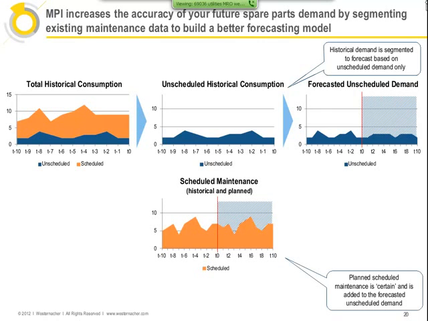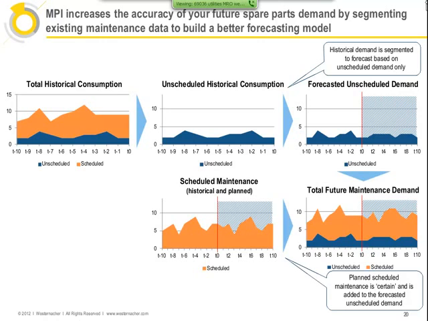We're also taking a look at what's inside the ERP system as far as the scheduled maintenance, bringing that out as a forecast, or as a projected demand. And when these two are brought together into the ERP system, we have both our unscheduled versus our scheduled demand showing up in one place that allows us now to do our procurement based on the requirements from both unscheduled and scheduled demand.